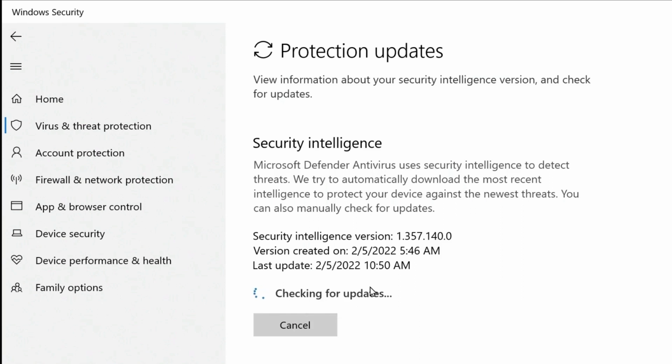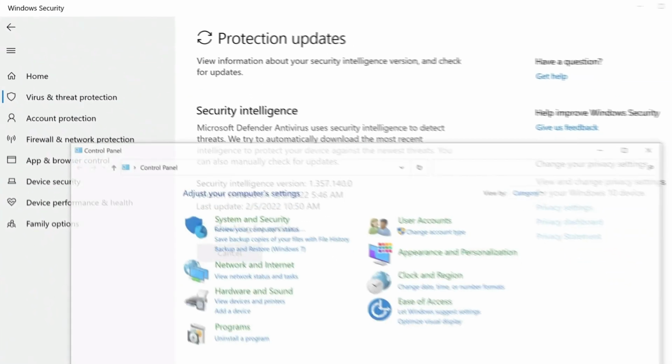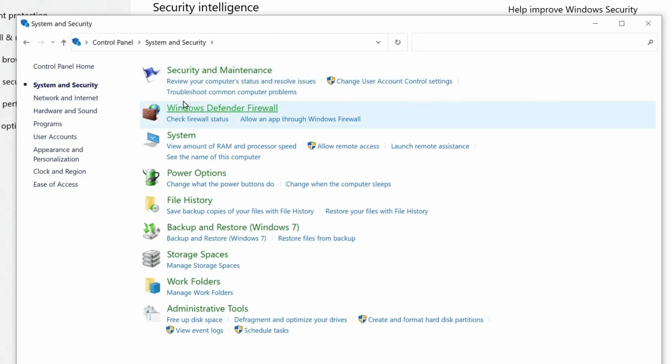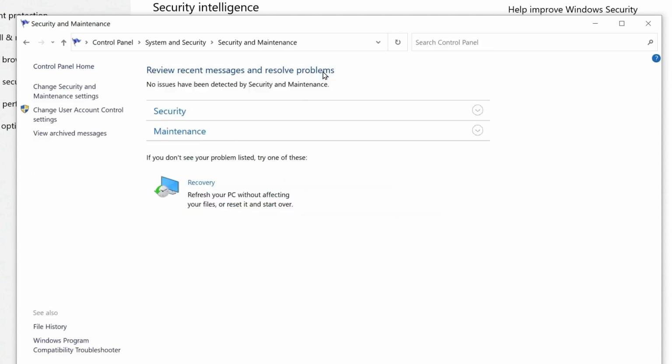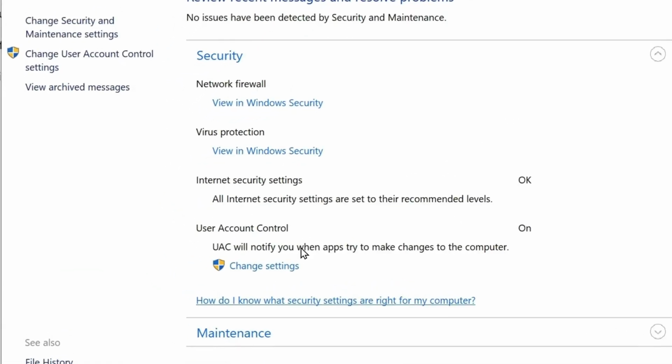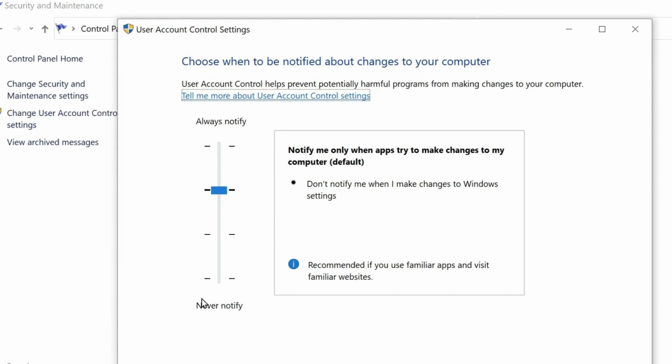Okay, we're not going to wait for this. And one last thing that I want to show you before we move on to the Mac OS default security is a useful security measure that you can set up by going to Control Panel, System and Security, then Security and Maintenance. If we click on this arrow, which will lower our current security settings, we will have User Account Control. And User Account Control, as it says, will notify you when apps try to make changes to the computer. If we click on change settings, it will require administrator privileges, and once you provide the administrator password, it will